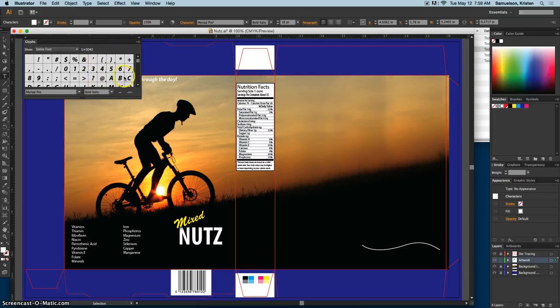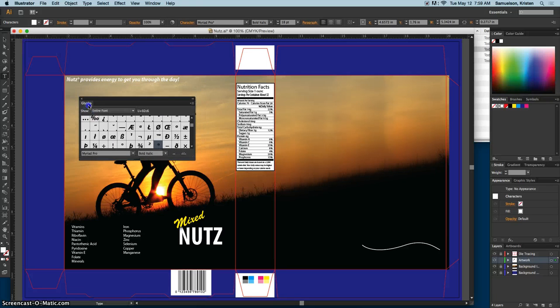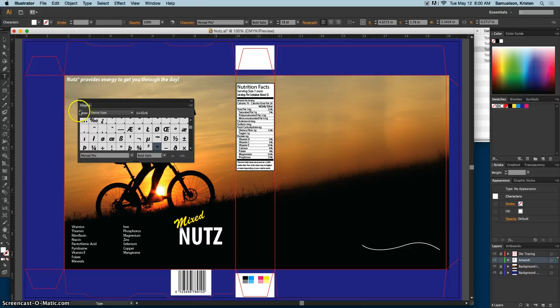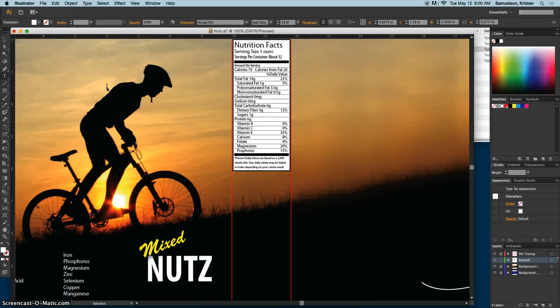Glyphs are symbols that aren't necessarily normal parts of the alphabet or numbering system, and it shows whatever font you're in. If we scroll down a little bit, we will find the R with the circle around it. So here is trademark, here is the registered trademark. And I know that that's very small, but if you double click on it, you'll be able to see that there. And if I close Glyphs and if I zoom in,